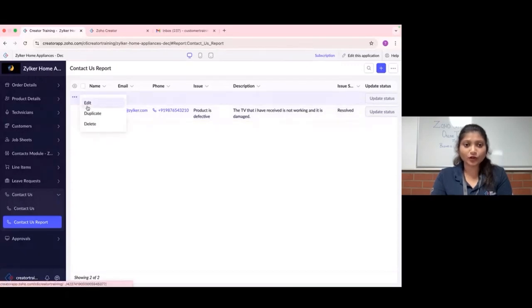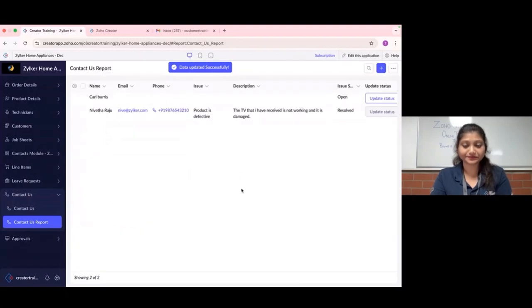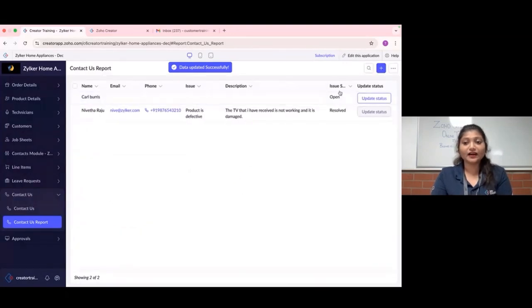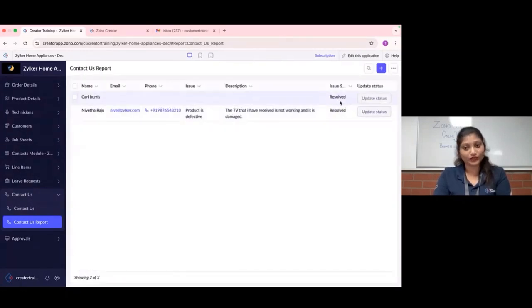You can also go ahead and edit it. Now you can see the update status is in open. Once it is resolved, I can just click on this update status and the status will be changed to resolved. So this is another quick workflow that I can perform within my report, right?